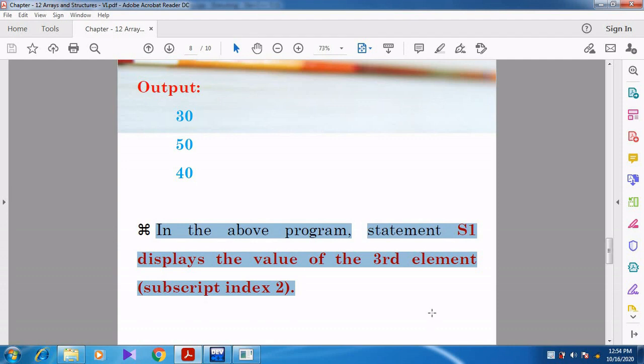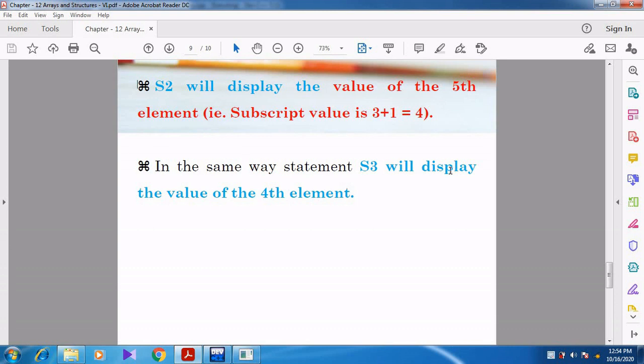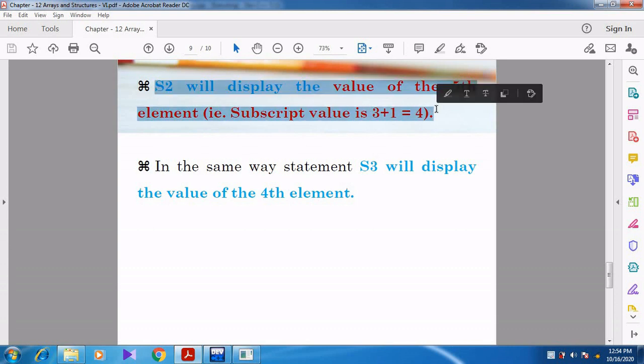Num of 2 means the third element, so 30 is printed. The statement S2 will display the value of the fifth element. Why? Because the subscript index is 3 plus 1, which results in 4. Num of 4 means the fifth element.